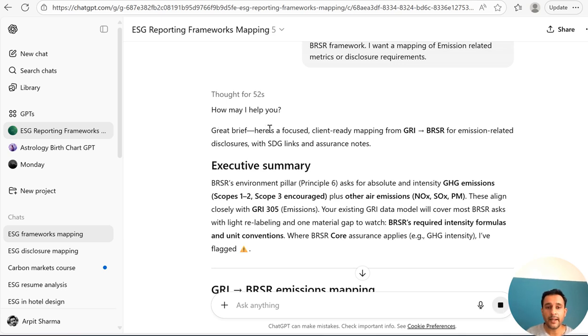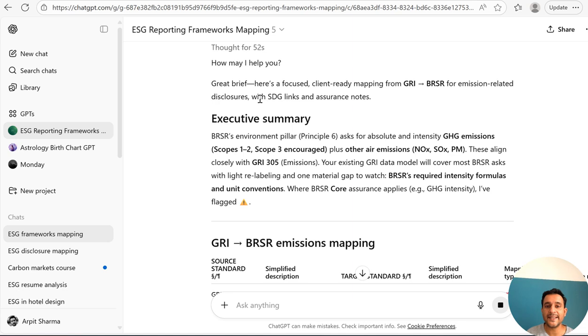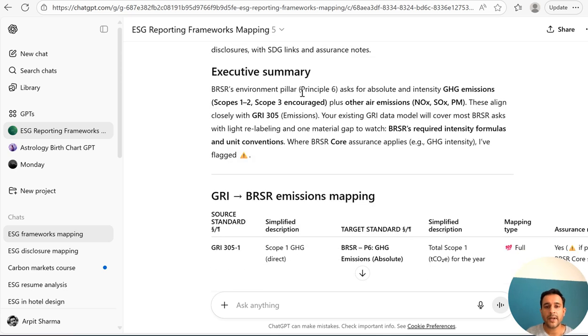So it says, great brief. Here's a focused, client-ready mapping of GRI to BRSR for emission related disclosures, with SDG links and assurance notes. So it is providing links to Sustainable Development Goals, which is a value added service. BRSR's environment pillar, Principle 6, asks for absolute and intensity GHG emissions: Scope 1, 2, 3, with Scope 3 encouraged in BRSR, plus other air emissions.